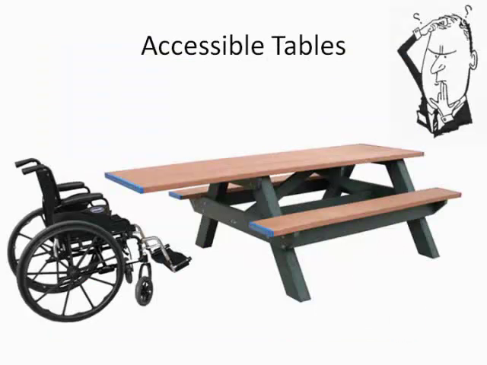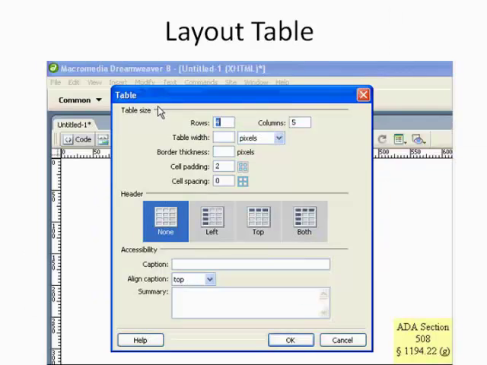Of course, this isn't the type of accessible table that we're talking about. There are different ways to make tables within Dreamweaver and other tools that tell a screen reader what that table is all about. The first type of table is a layout table, and when you're developing in Dreamweaver, you often use tables to make sure that columns lay out properly, graphics are placed in the right place, and everything looks aesthetically correct.